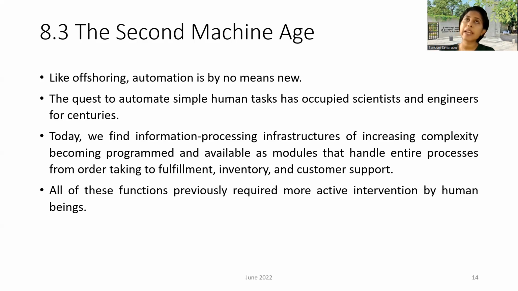For example, by the latter part of the 19th century, machines were being used to automate the tabulation of data gathered by certain businesses and industries, for example in the calculation of the census, especially in the United States. When it came to the 1920s, automated switchboards controlled many of the incoming and outgoing calls in certain companies in the United States, right?